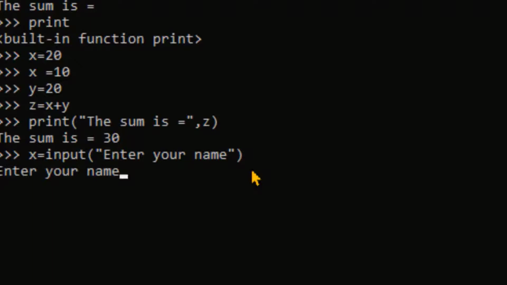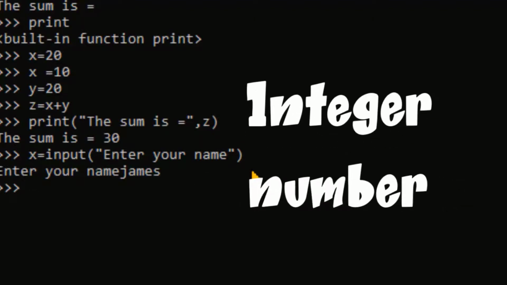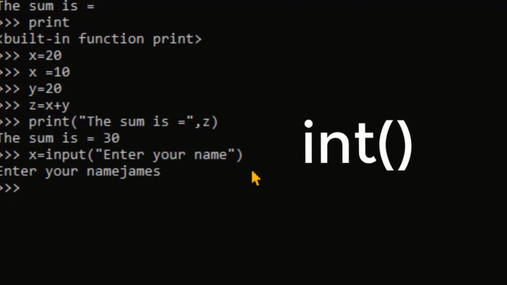So when the user enters a value, that value is assigned to the variable on the left hand side, which is x. One thing we have to note here is that the input statement will consider the input value as a string or characters only. So if we want to get integer numbers, then a new function has to be used, that is the int function.